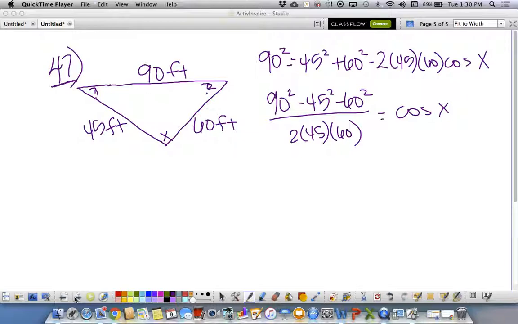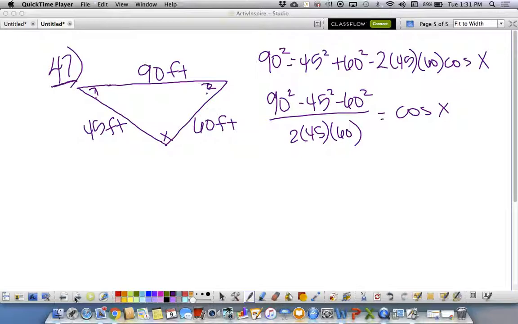Wait, are you supposed to find the largest or the smallest? Well, if you have only three sides, you have to find the largest angle first. That's what the rule says. Wait, now I'm confused. We did 39, 40, and this is 47. So for the last one, I solved for this one, it's larger. But then if I solve for the last one, it's larger than that, but the side length is shorter than